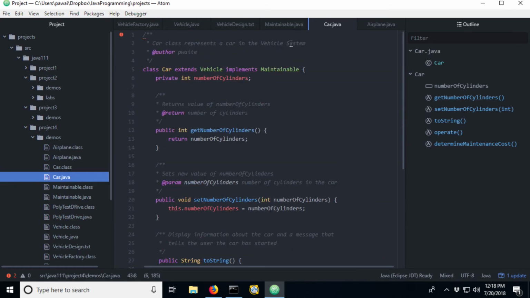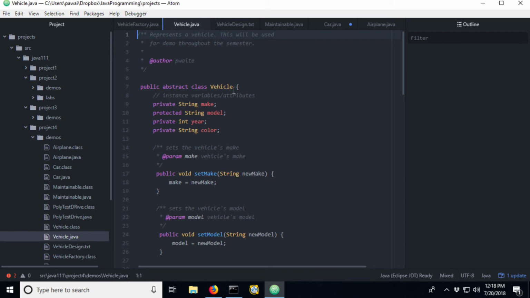Really, maybe what I should have done is, rather than implementing maintainable on the car and on the plane, implemented that right on the vehicle. So what I'm going to do is get rid of that, and I could leave it, but it's redundant.